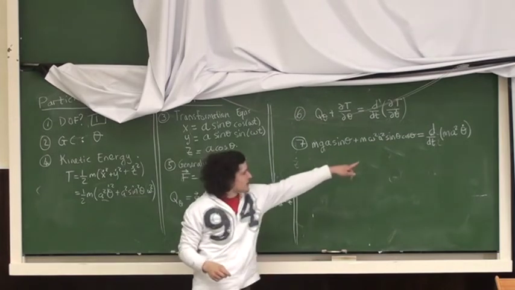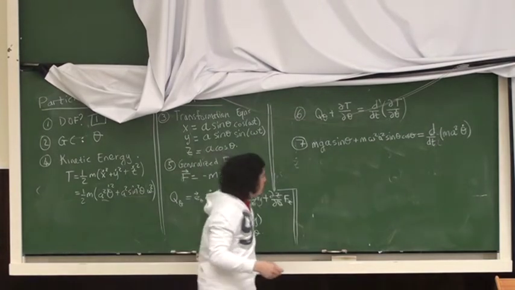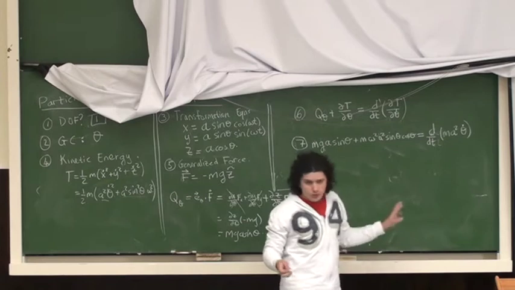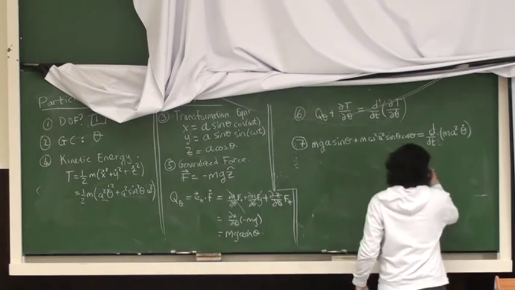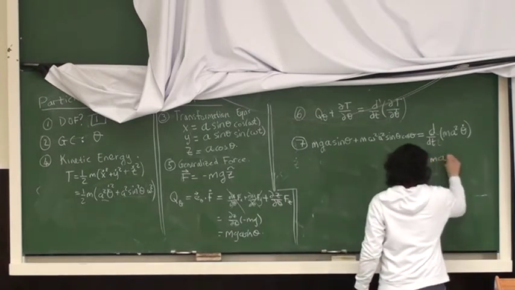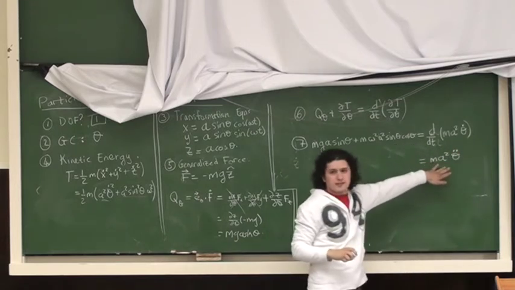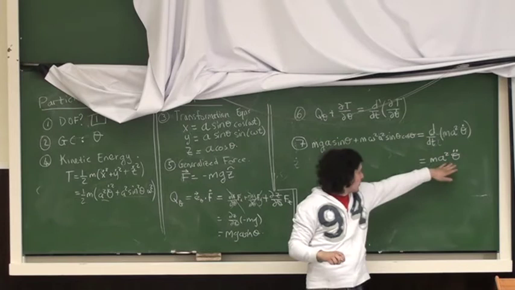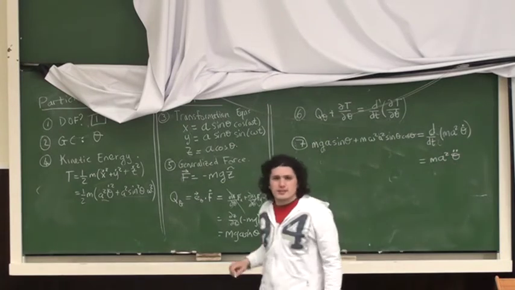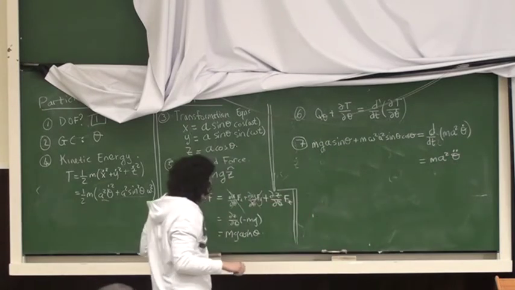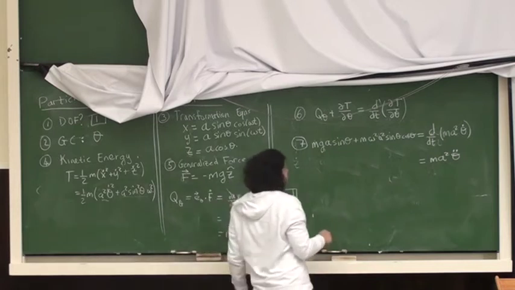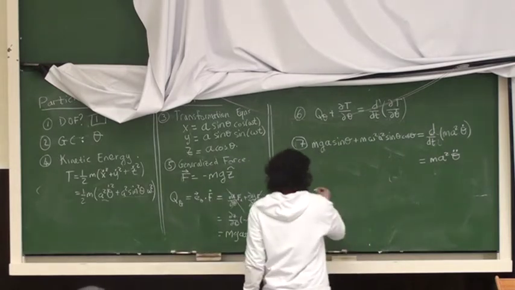So we can differentiate this. And I said don't skip steps, so we will differentiate on the next step: m a squared theta double dot. In this case, a is independent of time, m is independent of time, so we can differentiate just the theta term. And this is equal to